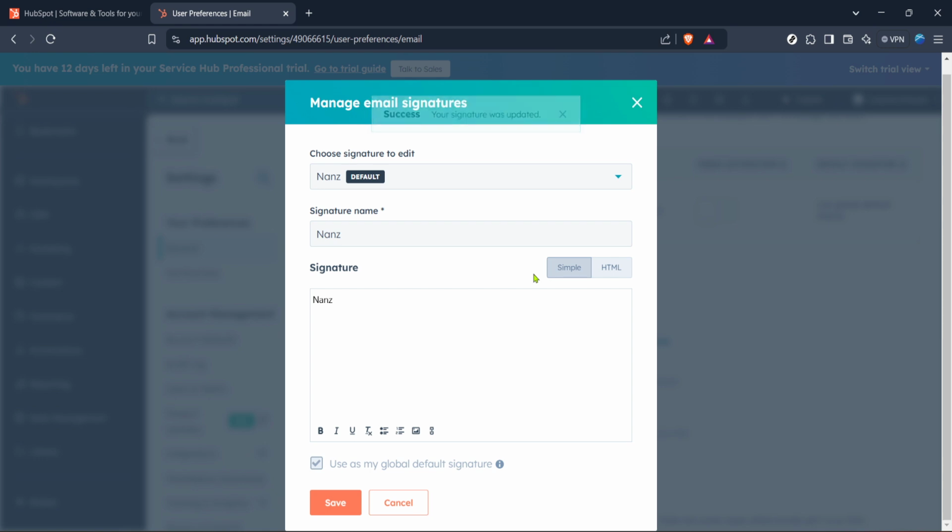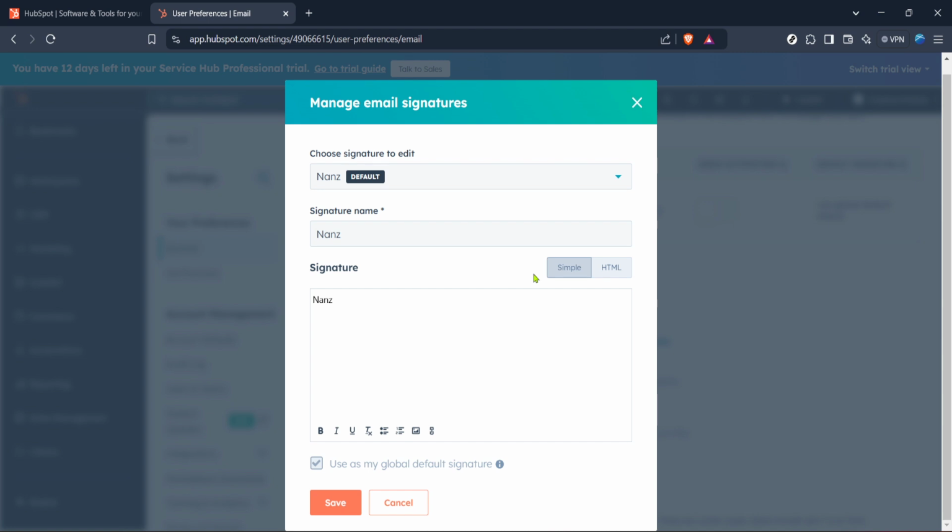Don't forget, consistency in design and details is key to maintaining a professional appearance, so consider aligning your signature with your company's branding guidelines. After making the desired changes, look for the Save button to ensure that your updates are retained. Saving will immediately update your email signature with the new design for all outgoing emails.